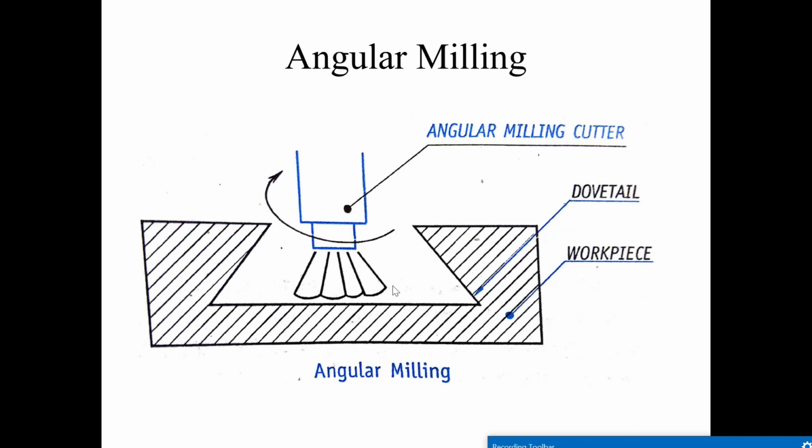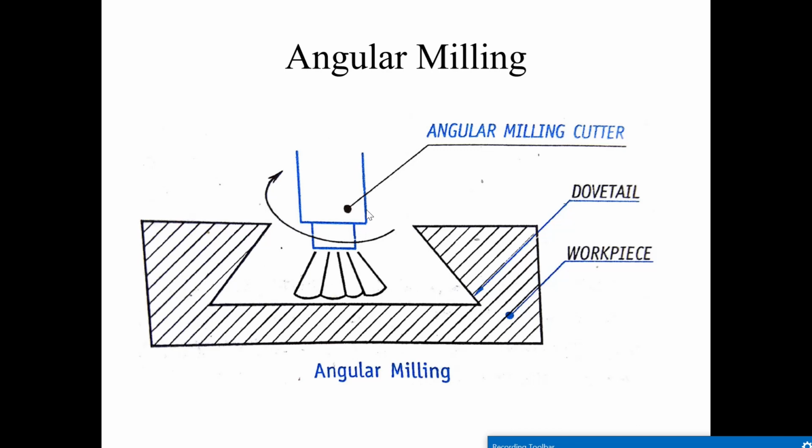What is the difference between a single and a double angle cutter? The single angle cutter consists of teeth inclined to an axis on one conical surface, and it is used for cutting chamfers. The double angle cutter consists of teeth on two conical surfaces and is used for V grooves as shown in the figure. So it is in the shape of a V, whereas in the single angular milling cutter we expect teeth on only one side.